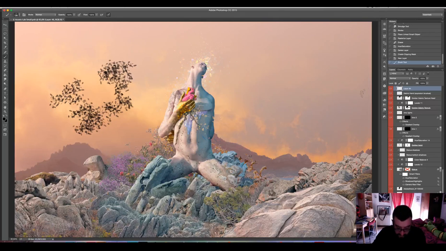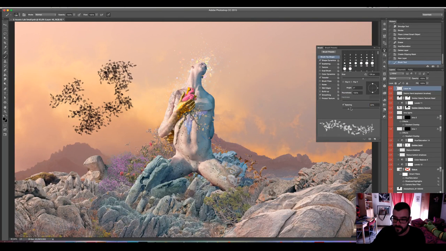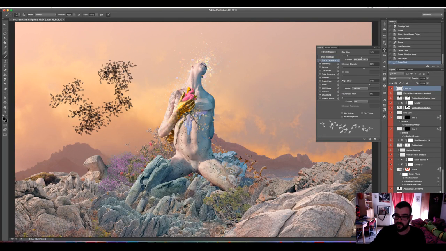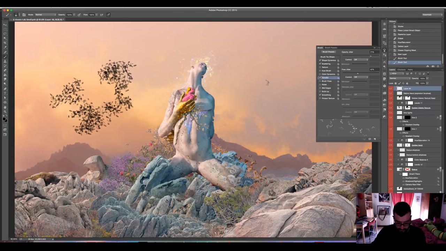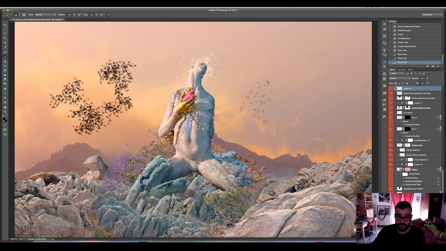But if we press F5 and go to the brush panel, it has several options for spacing. Well, you get the idea. So this comes very handy when we want to create debris effects.